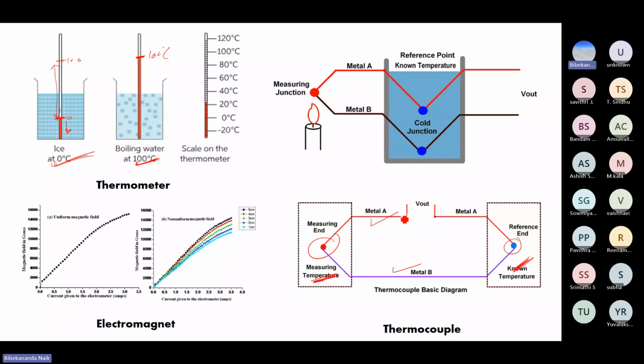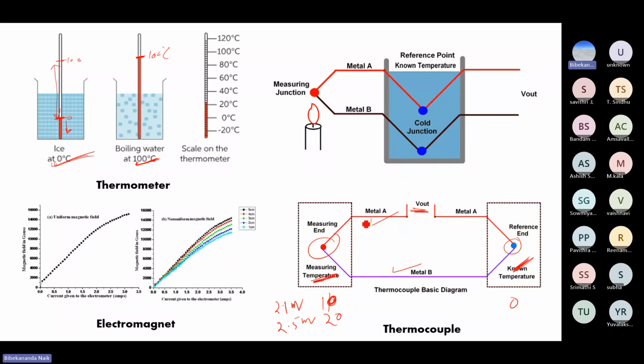When we connect the voltmeter between these two terminals, an EMF is induced and we get some voltage, and that voltage we calibrate with respect to temperature. Suppose at temperature 10, the voltmeter reads 2.1 millivolt. When the temperature is 20, the voltmeter reads 2.5 millivolt. Like that, we calibrate